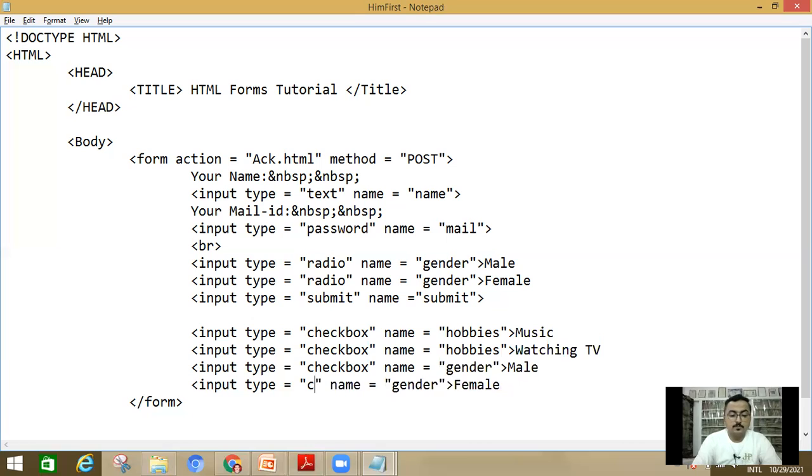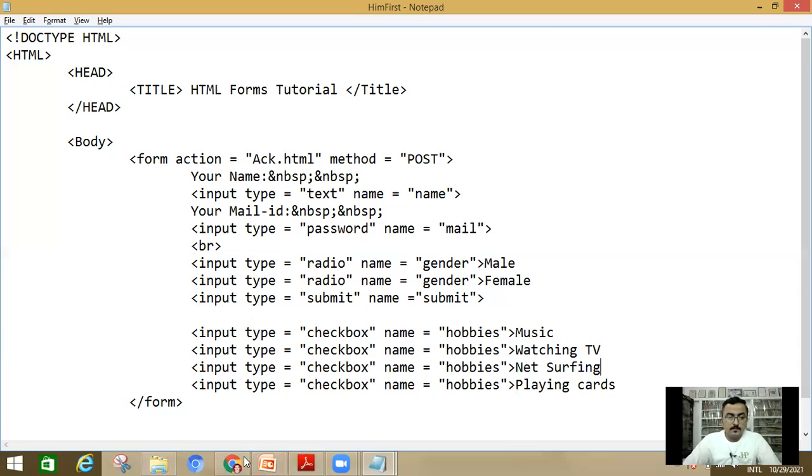Now again, checkbox. Hobbies is to be copied because the name should be the same, and the value should be different. For example, playing cards, and for example, net surfing. I'm going to save that one.